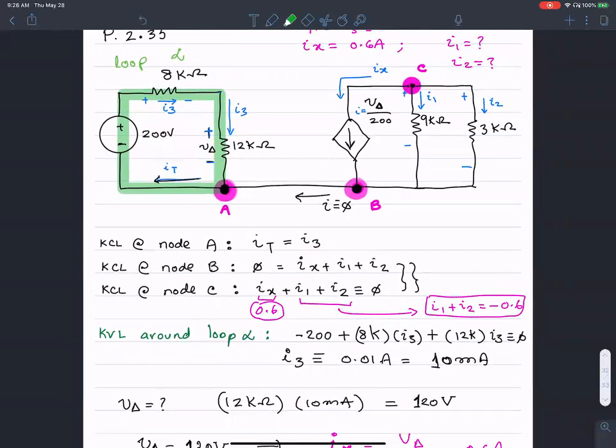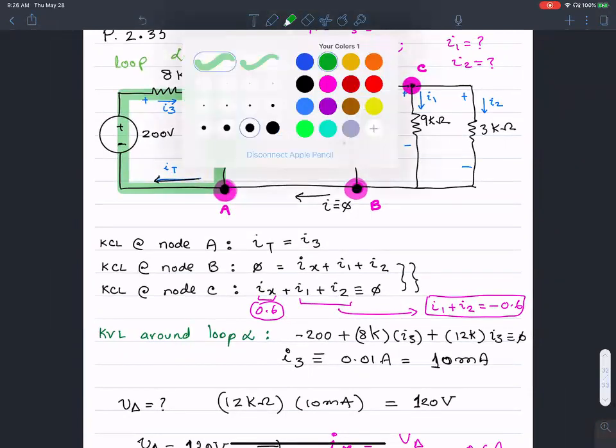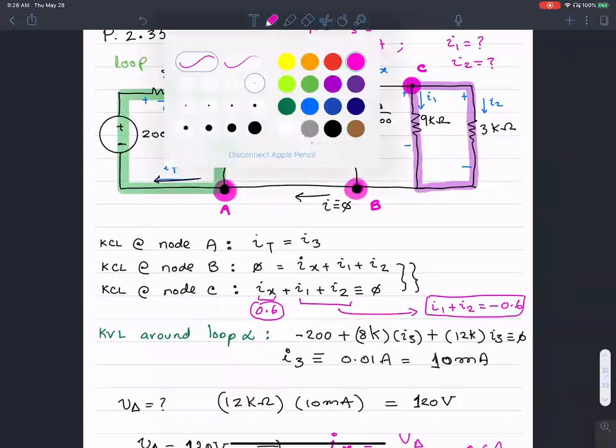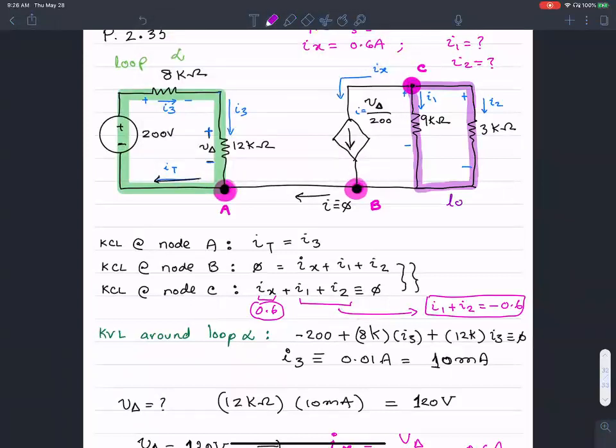To break that equation, I'm going to set up a loop equation around this guy. Let's set up a loop equation around loop beta. When you do the KVL around loop beta,